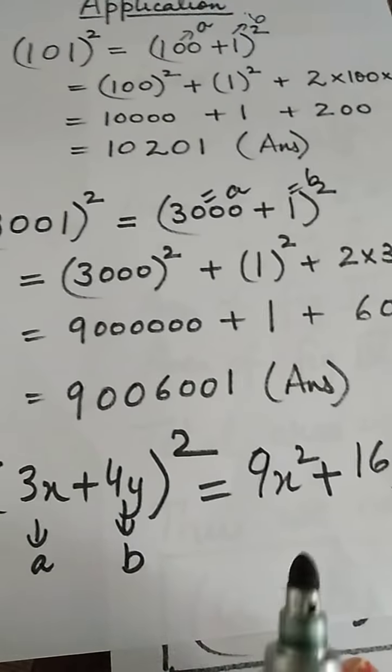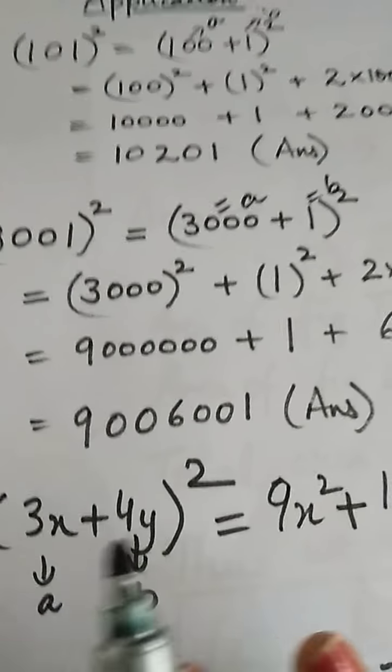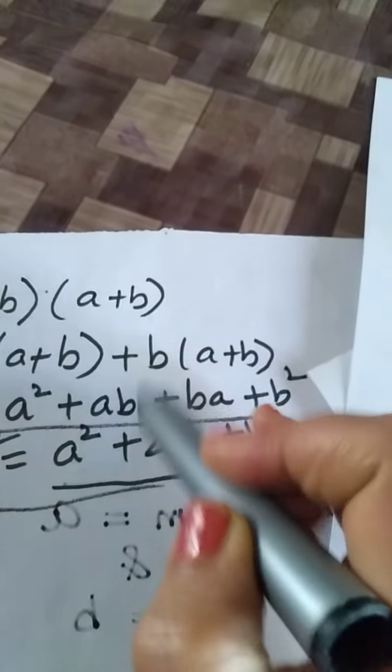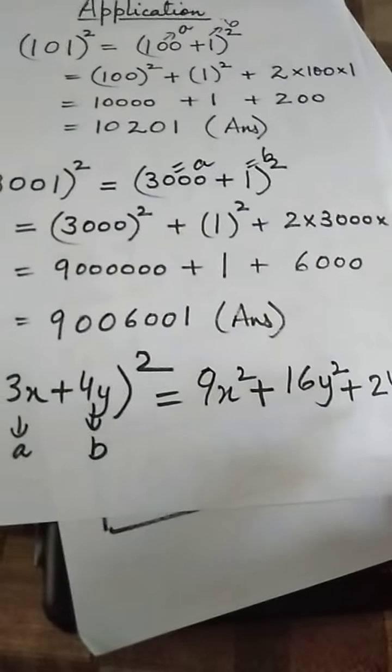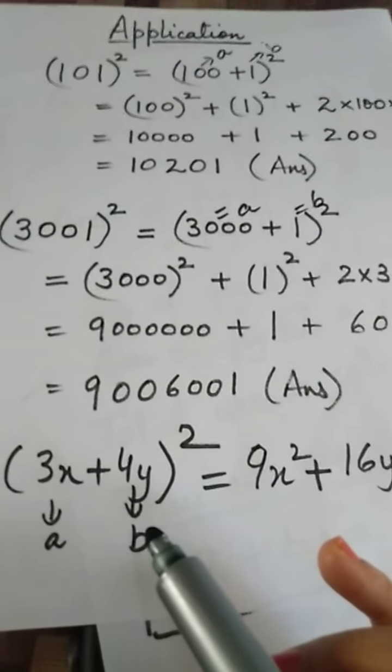Understood, children? Why is it called special? Because it has a speciality. We can do it in one single step. We have just gone through this. There's no need to do these two steps now. Just straight away, in one step you can solve this when you assume it as a and b.